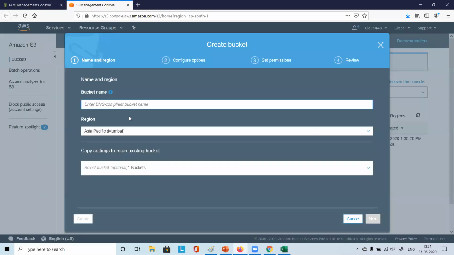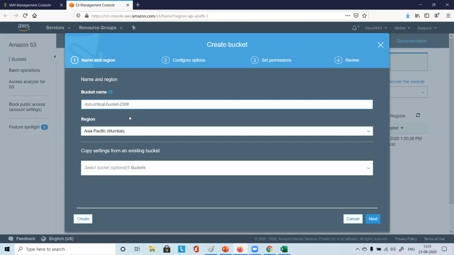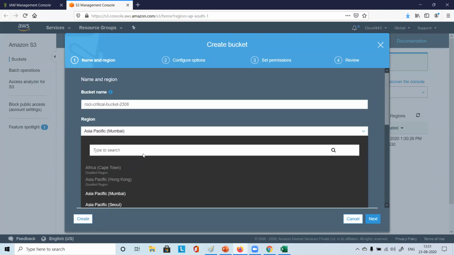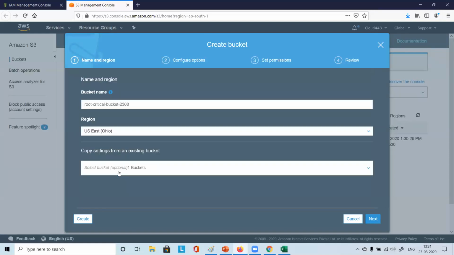We create a root bucket, root hyphen critical bucket hyphen 23rd August, so it will not already exist, right? I'm creating this bucket not in Mumbai. I'll create that in Ohio.